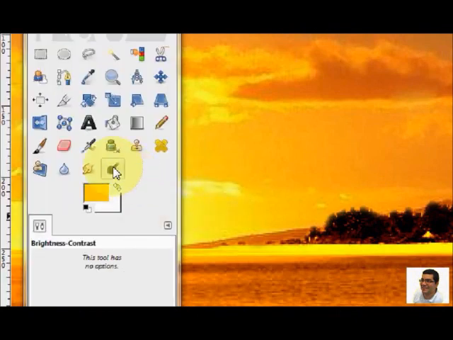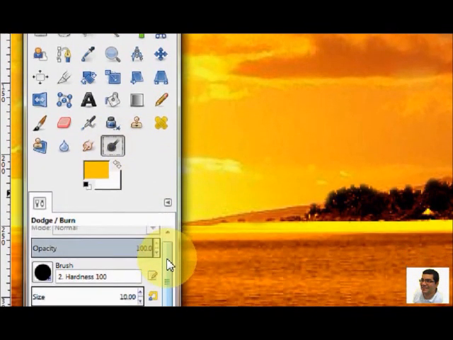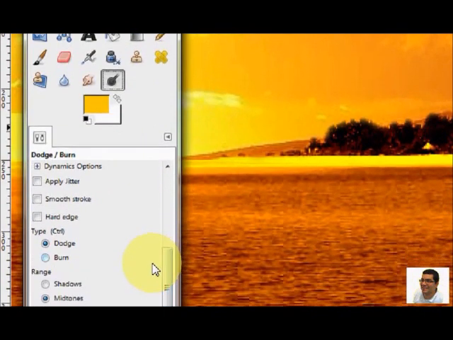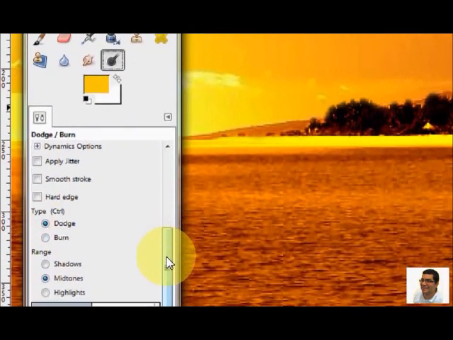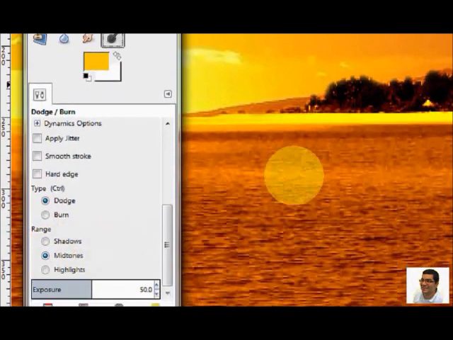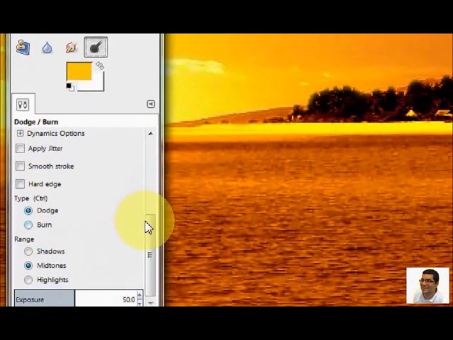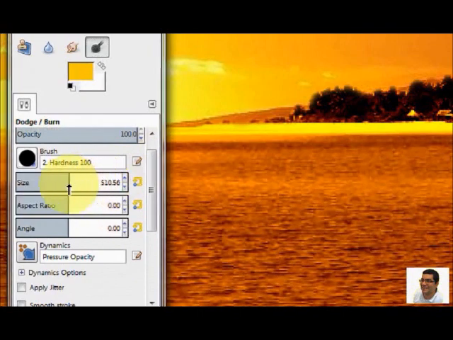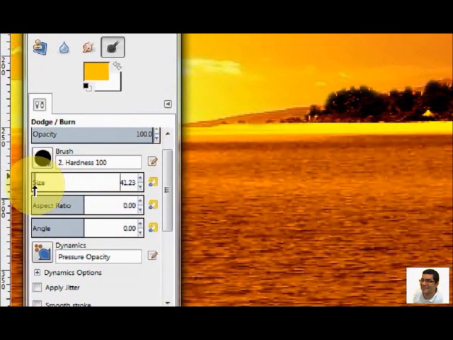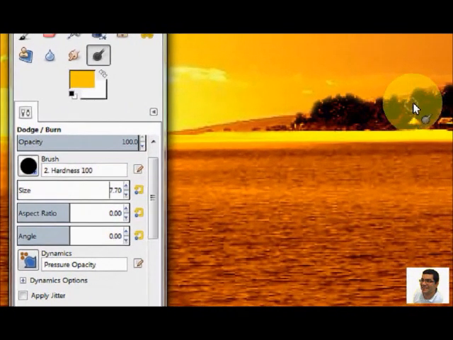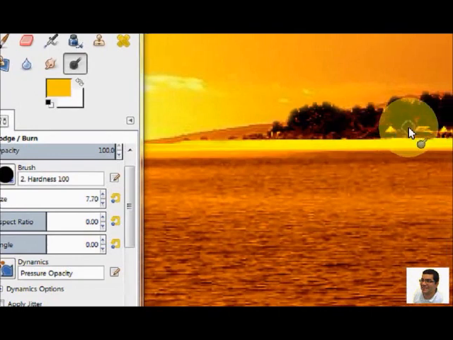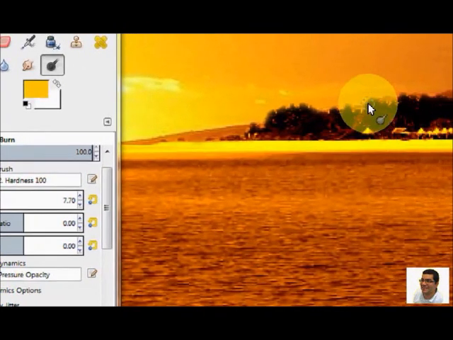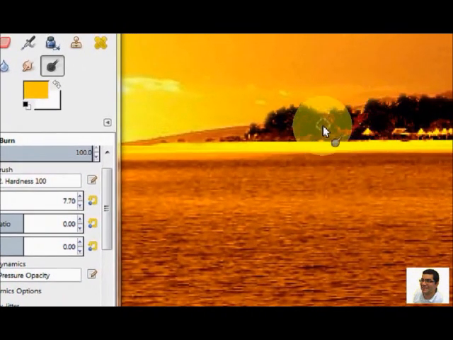I'm going to click on the dodge burn tool. My dodge is already clicked, and I'm going to take the midtones. First off, I need my brush to be a little bit smaller, and I'm going to lightly press here, and of course I am in the correct layer. As you can see now, I'm brightening my trees a little bit, and the reason why I'm doing that is because